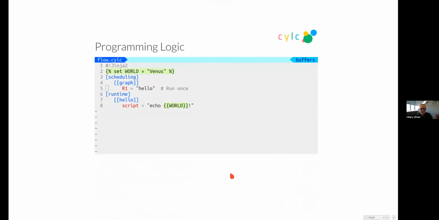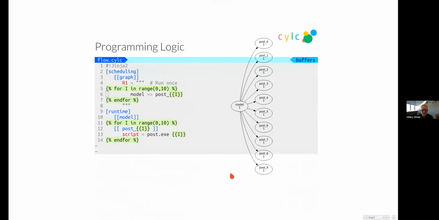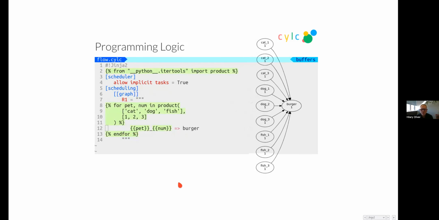You can also use programming logic inside the workflow definition via the Jinja2 template processor, or another one we support. It's essentially Python encapsulated in these curly brackets. You can do things like all the usual programming constructs, loops there. In this case, I'm generating lots of tasks as an alternative to the parameterization I just showed you. You can even import Python modules directly and use them, as I've done here. That generates this workflow.